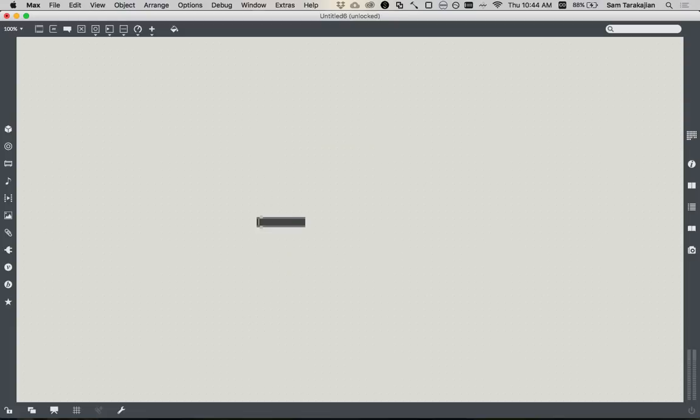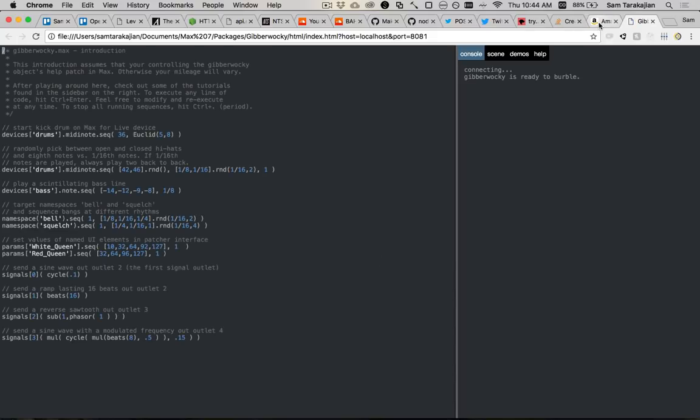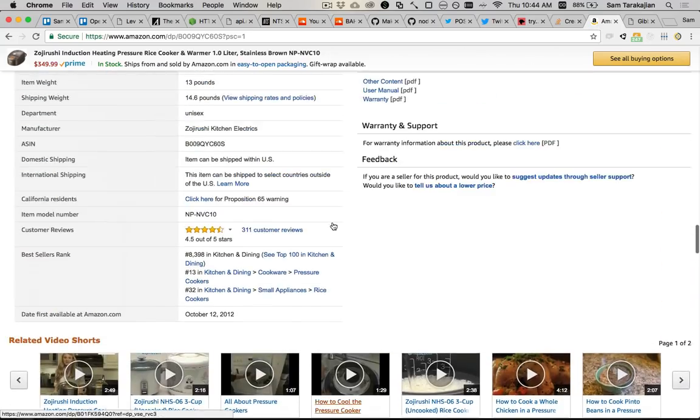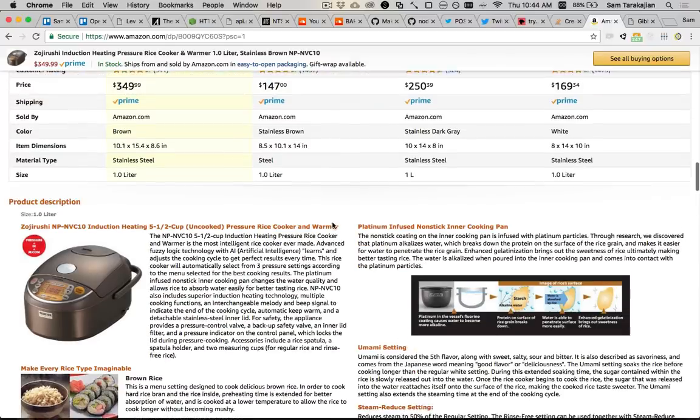So anyway, Gibberwocky. Once you install the Gibberwocky package, you'll be able to make a Gibberwocky object like this. And if you throw a button into your patch like this and bang on it, for a second there, you could see flashing up here the Amazon page for this Zojirushi